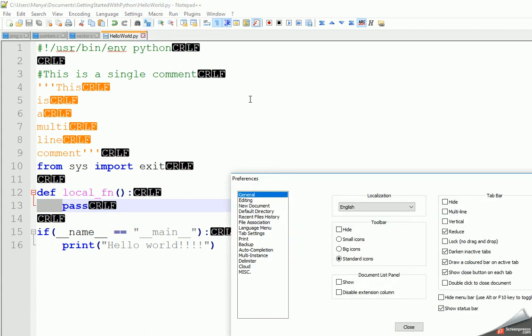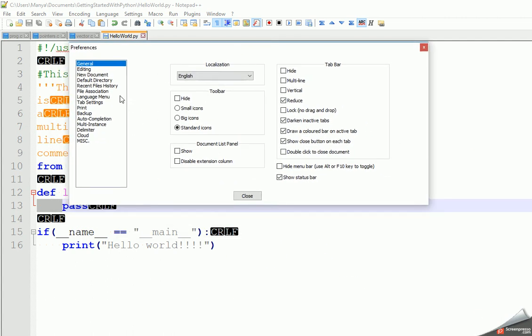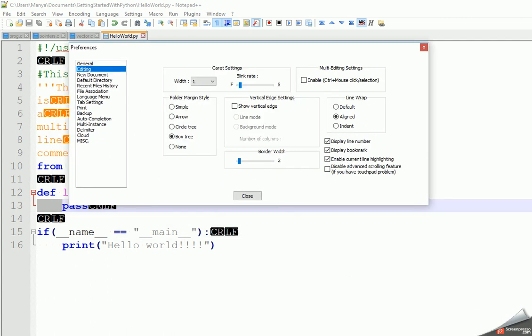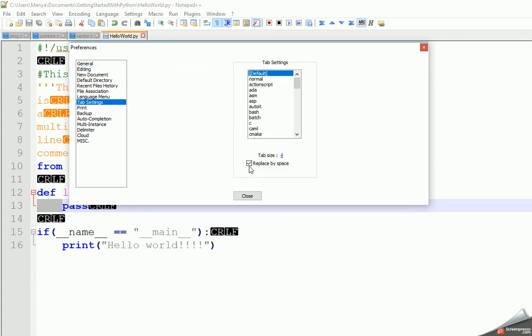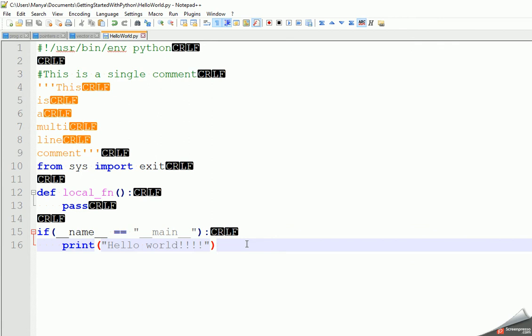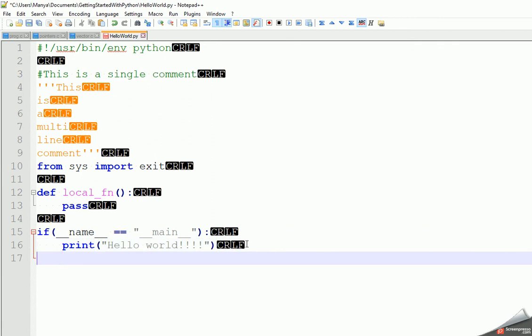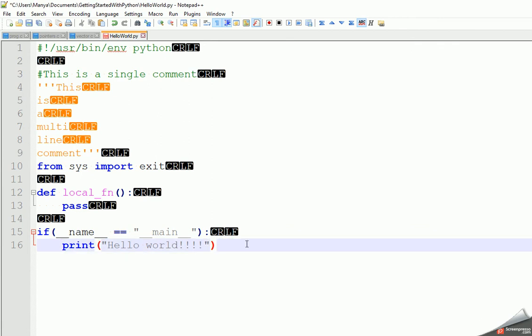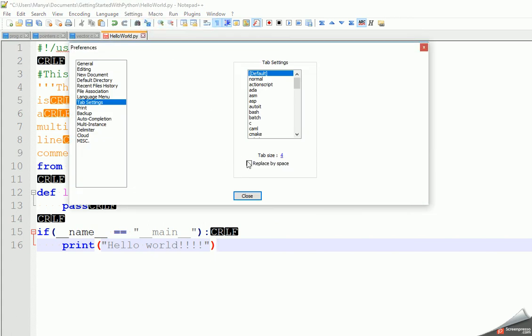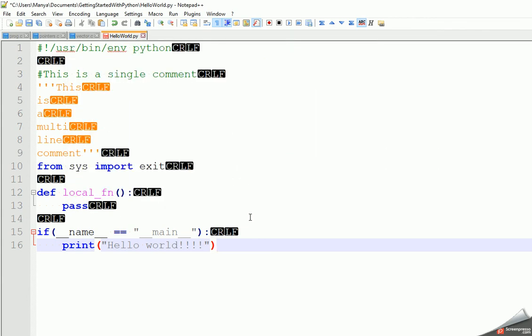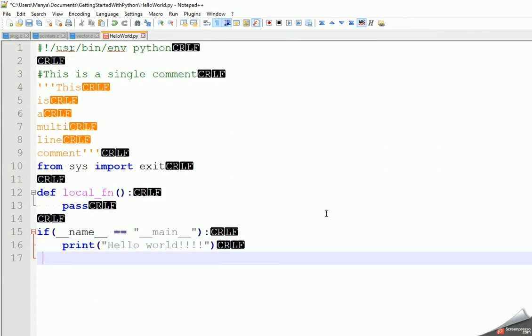In order to set the preference, in the preferences in editing, in tab settings, I click on this line, replace space by tabs. If I uncheck this, there will be tabs inserted in every next line of code. However, as I explained, we like to use spaces instead of tabs.